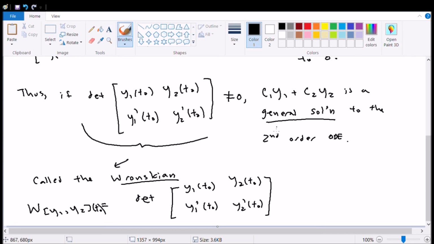And so if you've forgotten how to find the determinant of a 2 by 2 matrix, it is, in this case, y1 of t naught times y2 prime of t naught minus y2 of t naught times y1 prime of t naught. And so